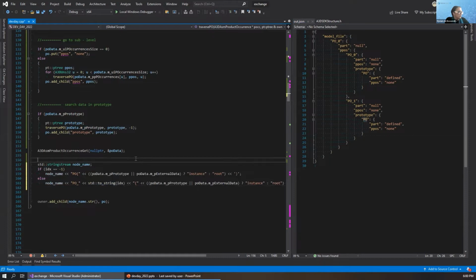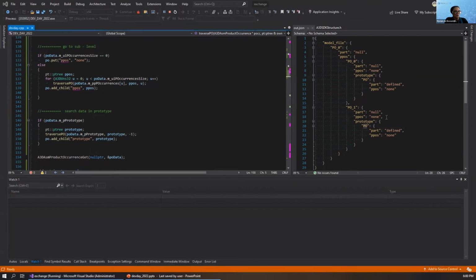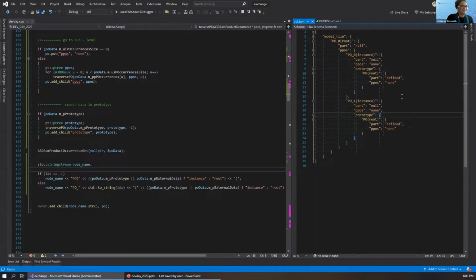I'm going to just modify these 2 lines. So we see here the product occurrence corresponding to the root of the assembly, the 2 instances, and the product occurrence here, referenced in the instances, corresponding to the cube.